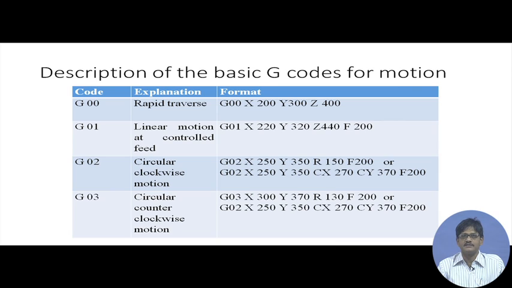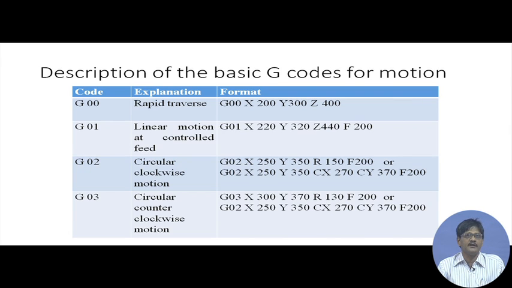By machine coordinate system, say in case of a milling machine, we will understand it is a coordinate system fixed on the table, as if by paper and glue you have stuck a graph paper coordinate system on the machine table, and when the machine table moves, it means that other items are moving relatively in opposite directions in the coordinate system of the table. So, it is going to a particular point whose coordinates are given here as 200, 300, 400.